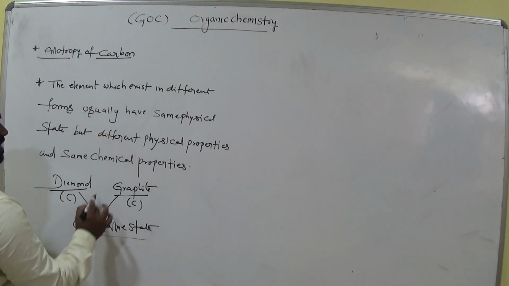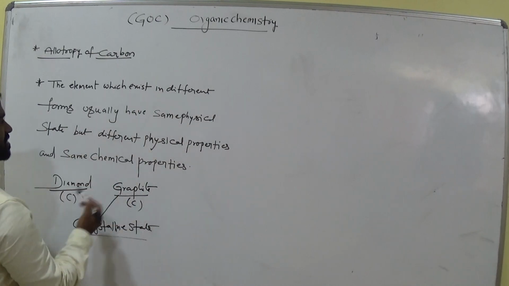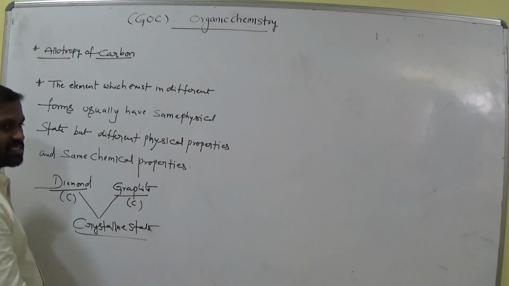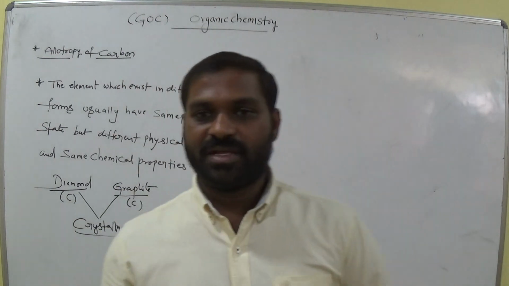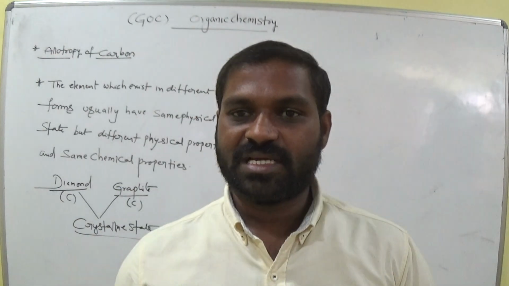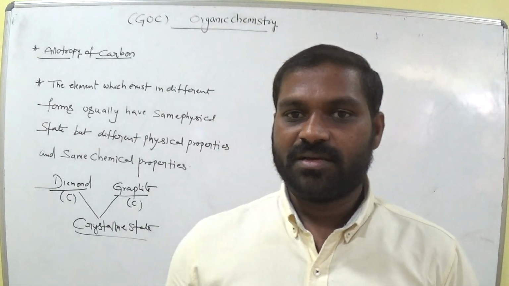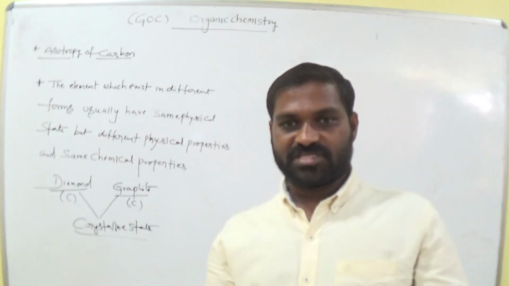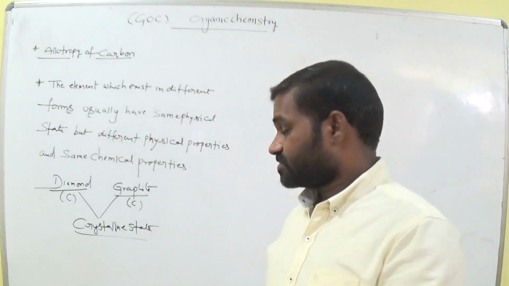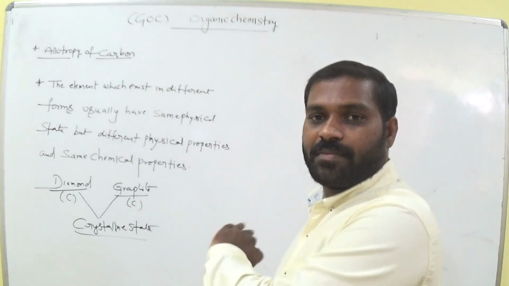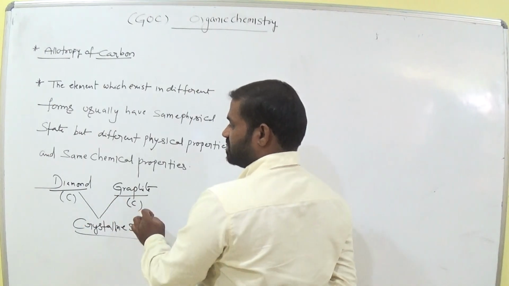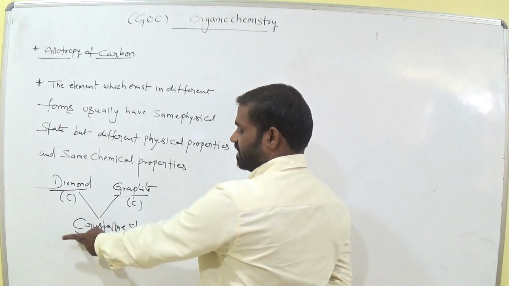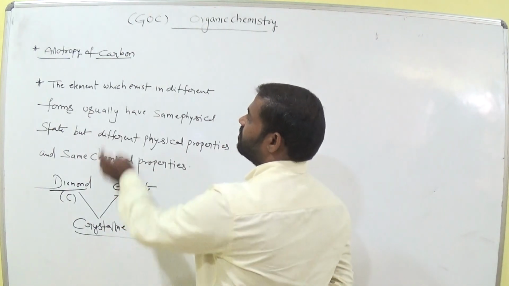So the element, that means carbon, exists in different forms. One is diamond, another one is graphite, having the same physical state, but their physical properties are different, and chemical properties are the same. Physical properties means like their boiling point, melting point, colors, physical state. Okay, is it clear? Chemical properties means how they react with other compounds. That is similar for both diamond and graphite. But their physical properties are different. Here carbon is the same element in different forms. Both have the same physical state, the crystalline state. Am I right? Okay, that is the definition of allotrope.